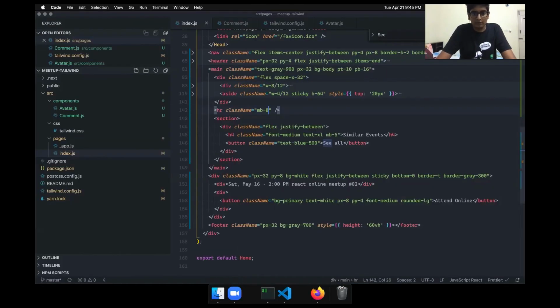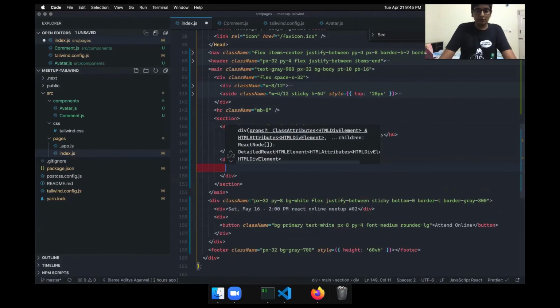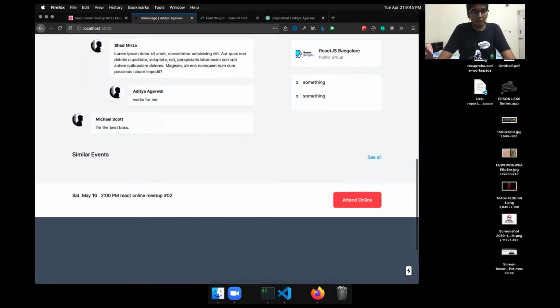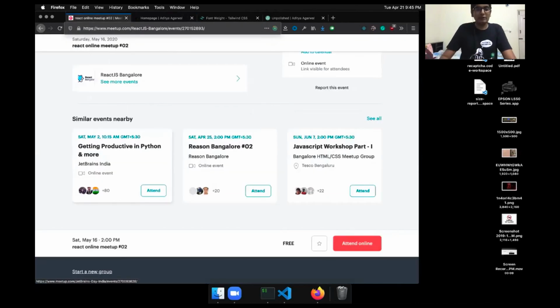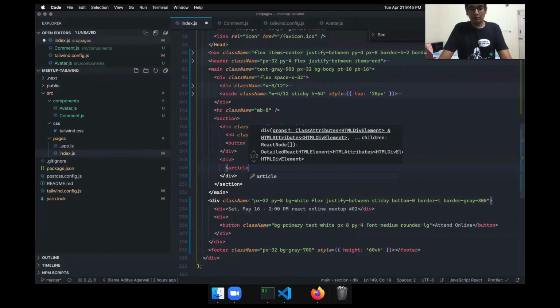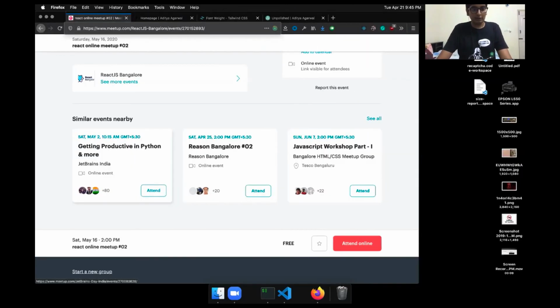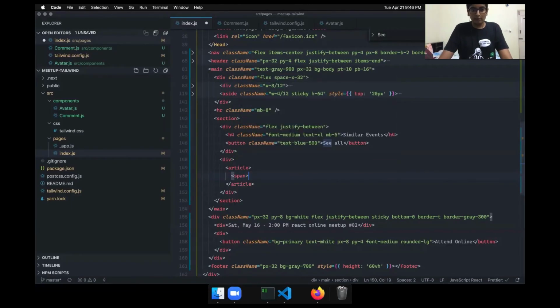Okay, so we have our section with this stuff, and let's make our div. Now in this div we have a card. This card, as you know, can be an independent thing, you can embed it anywhere. So let's make an article for that.